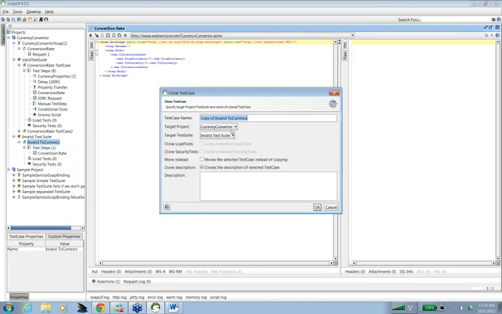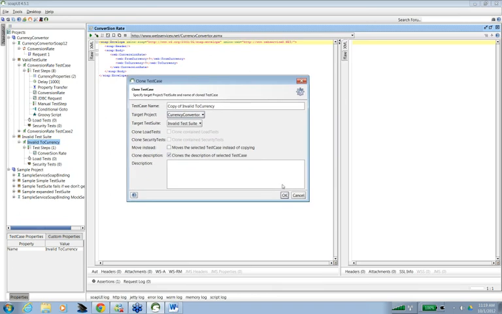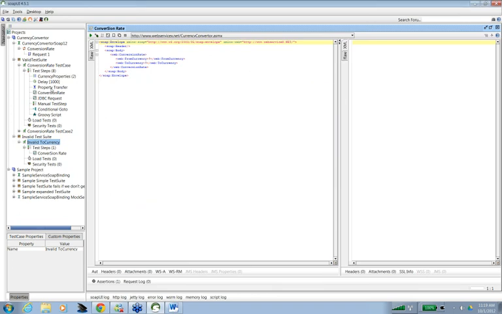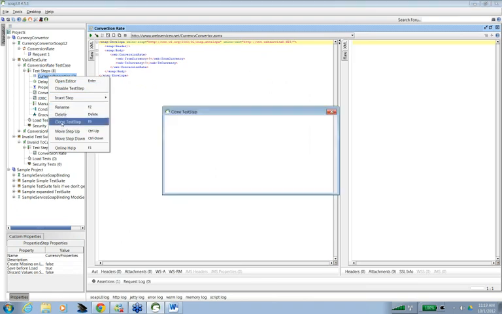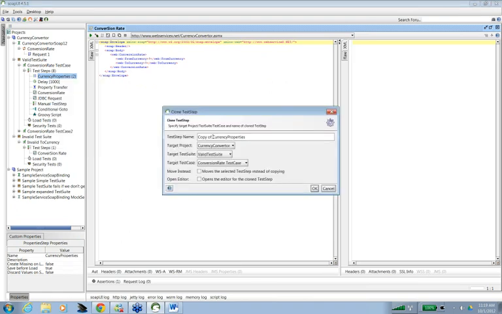and target would be currency converter, and test suite is this. Let me just clone this one. So I'm just creating a copy of this into this.